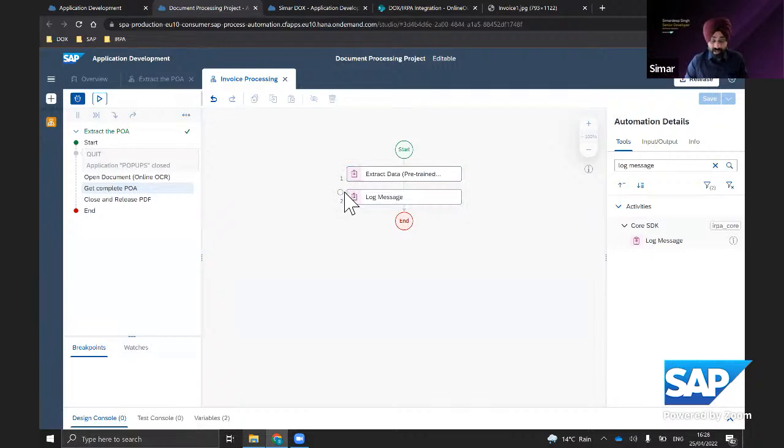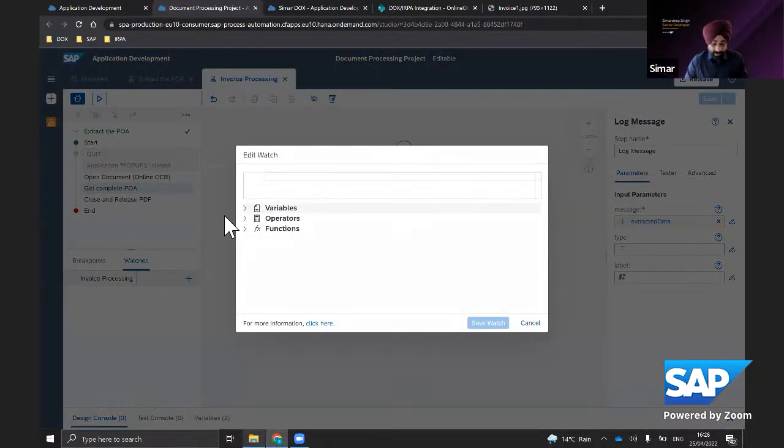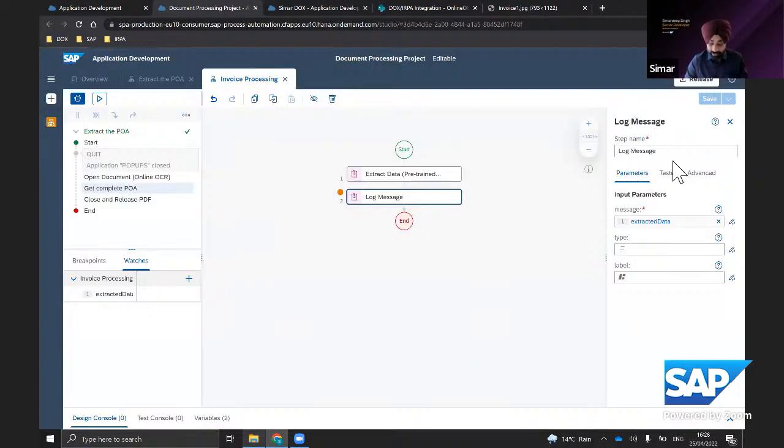For the convenience of checking what details are being extracted, I would put a breakpoint here, and I want to watch what is being extracted from step 1. So let's say I want to watch variable 1, and I will save the watch.